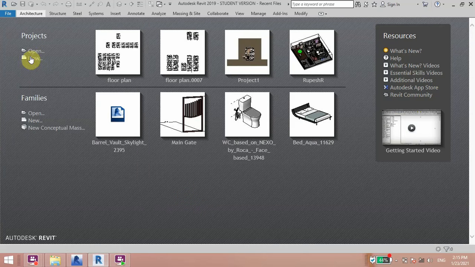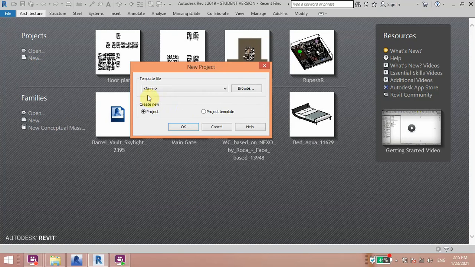When I click the New button, the template file will be shown as None, because we haven't done any project in this file. When you create new, you will be shown Project or Project Template.